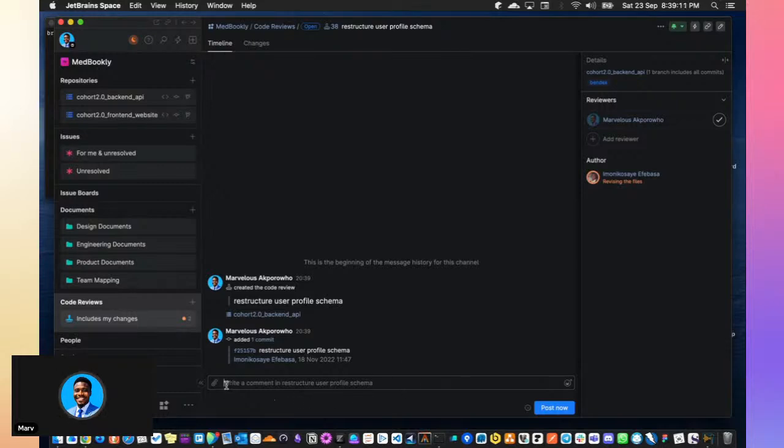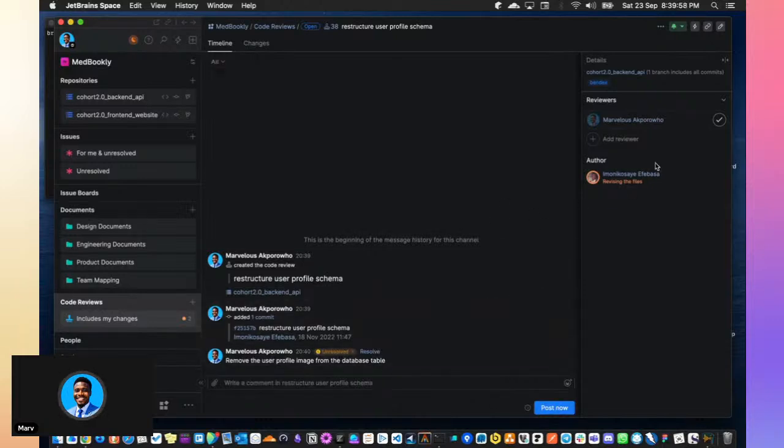All right. So what you do here is you can then proceed to write a comment for this particular code review, right? So I can add a comment to say, okay, I want you to do this, I want you to do that, because it's probably a better way to set it up. As you can see, I have asked him to restructure the user profile schema, and of course, I tagged him. He is the author, of course, right? But then I dropped a comment. So I can actually just say maybe remove the user profile image from the backend, yeah, from the database table,